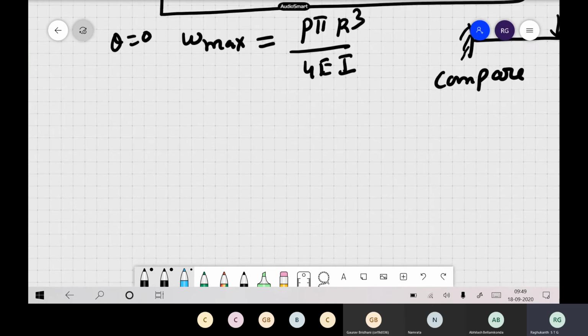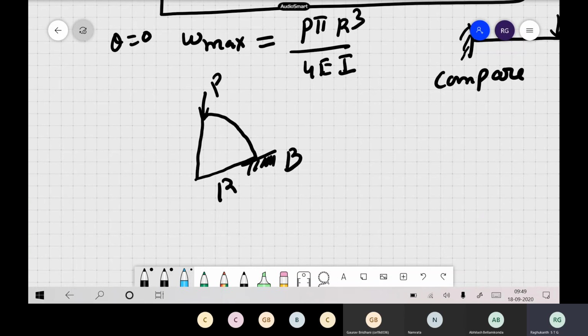So suppose you're having an arc like this. Now in the previous case, we have assumed a quarter circle, like let us say, this is a small arch. Okay, so B, and let us say you have the radial load as some P. Now how do you solve? It is not a quarter circle, it is something more general. So the central angle of the arc is gamma. Okay, it's a more general kind of case we are considering. So everything becomes straightforward here.